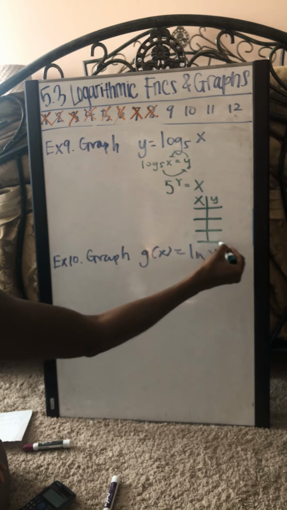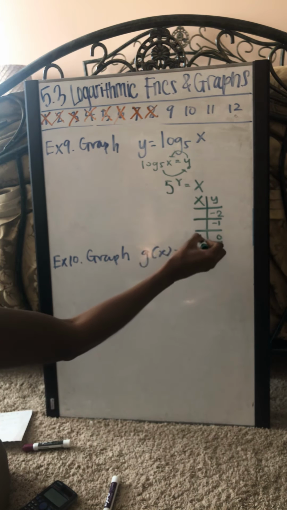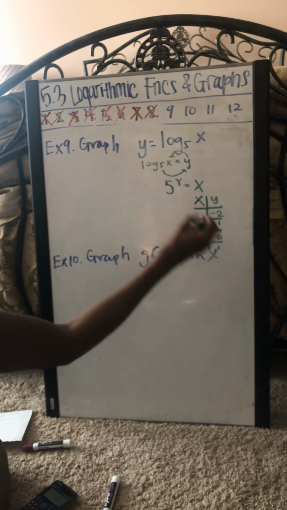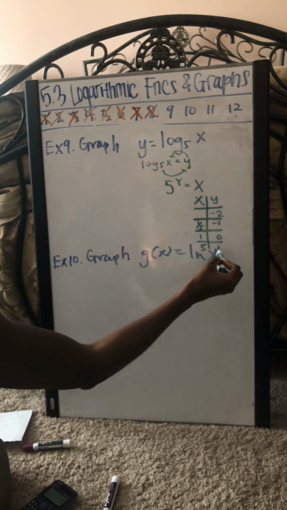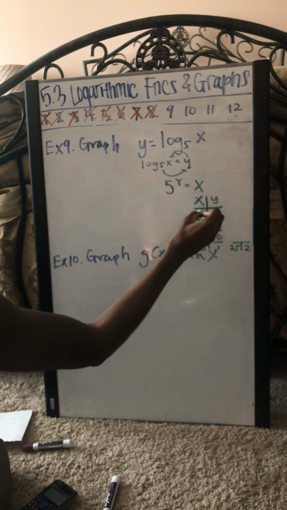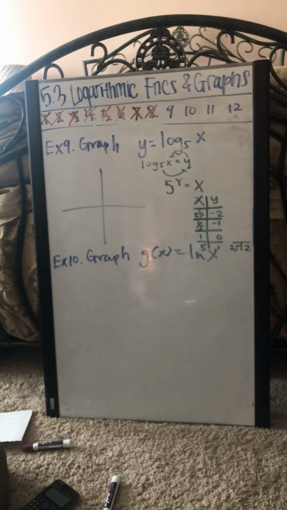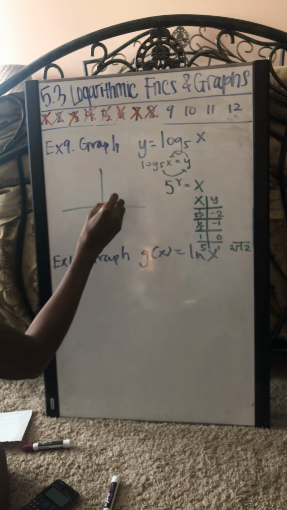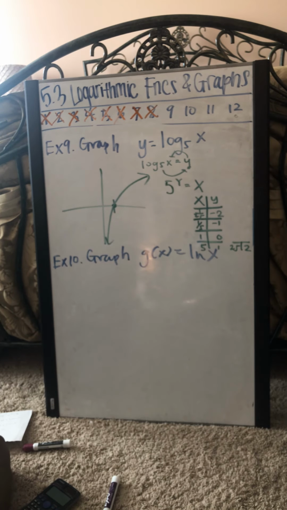So we can do the same thing that we have been doing: -2, -1, 0, 1, and 2, right? If I plug in 0, we always get 1. If I plug in 1, 5 to the 1 gives me 5, which means 5 to the -1 is going to be 1 over 5. If I plug in 2, 5 squared is 25, which means this is going to be 1 over 25. So now, whenever we graph this, it's always going to be at that intercept, (1, 0), and then it's going to make this type of shape, okay? So, yeah, perfect. Cool. And now for example 10,